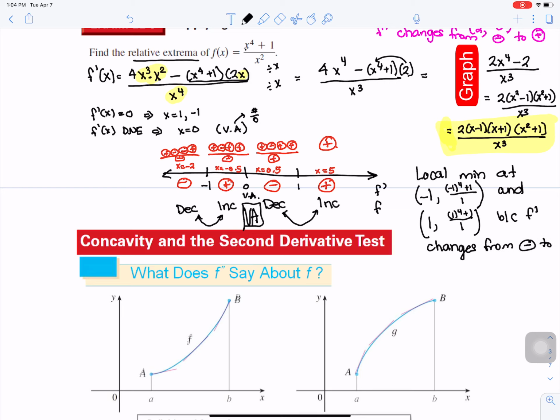In the next video, I will show you how to do concavity, which relates to the second derivative, and then we're going to focus on the second